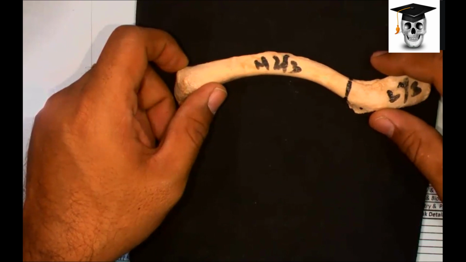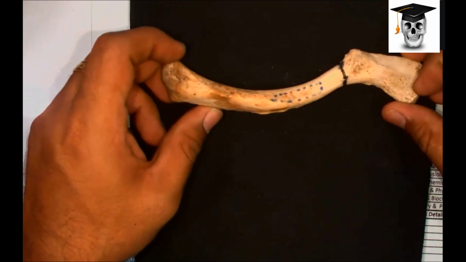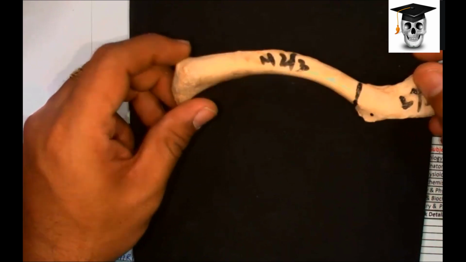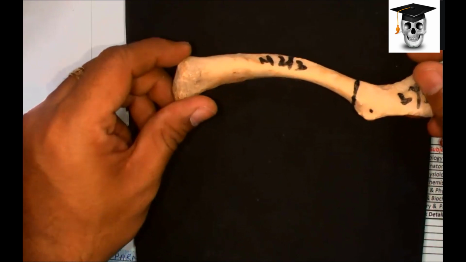Okay, now see the subclavian groove, is it pointing inferiorly? Subclavian groove, this groove, you see? This groove should be inferior. Is it inferior? Correct. Now hold the bone in this way so that I can see that you are putting it correctly. See, the end should not go down. So the medial end should be exactly here in the midline. Both the ends should be in the same plane.